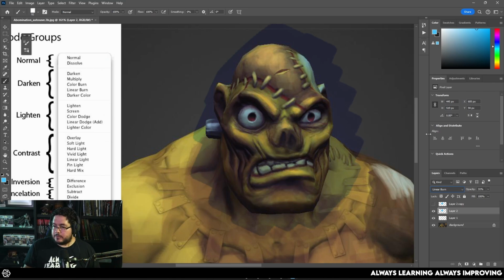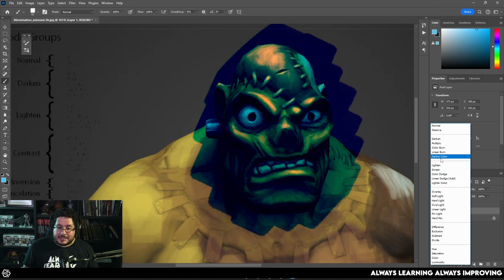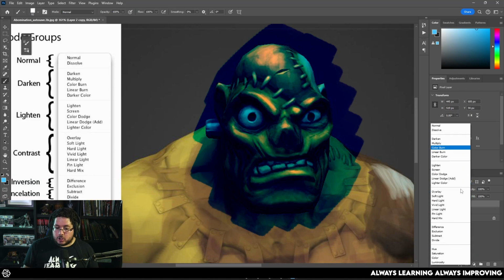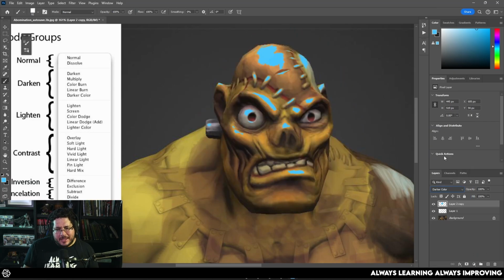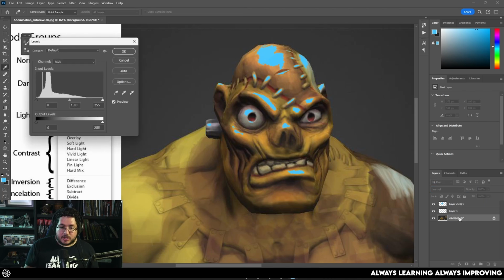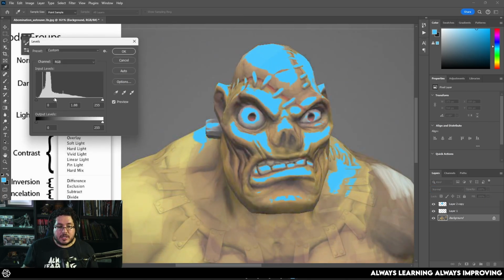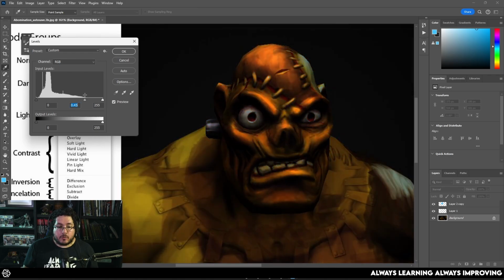Now, finally, in this group, we get the darker color. And as you can see, the darker color will do something very interesting because a darker color will literally just pick the areas where the darker color is. So if you have a value like this, like very bright blue right here, we're only obtaining the blues on the high points or the high areas of the underlying image. So if this image right here, the original element, changes the value, if it gets lighter, we're going to get more of the blue. But if it gets darker, we're going to get more of the darks.